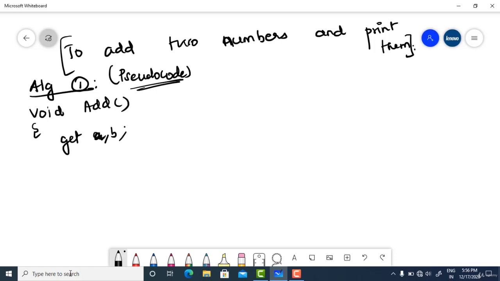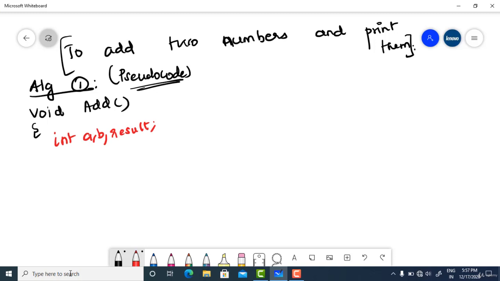I have to get two numbers from the user, then add those numbers and store that in another variable. So how do you write it in C programming? Let me go that way. It's very simple. You first declare the variables A, B, and the result variable.